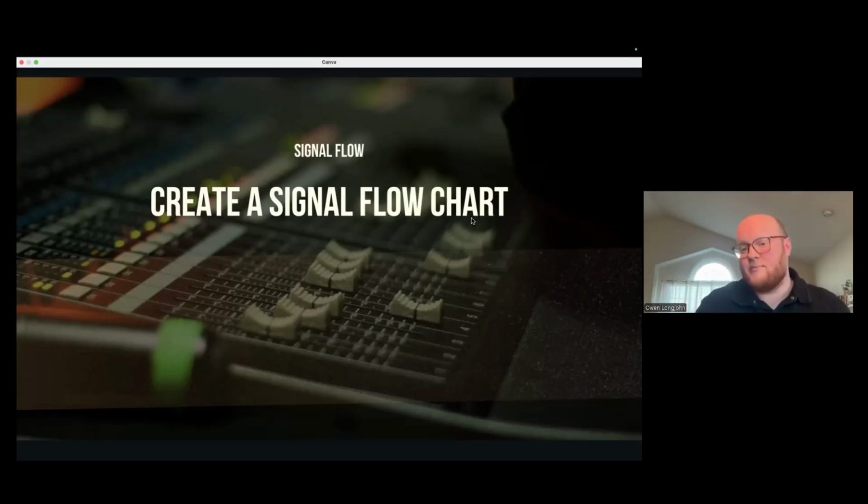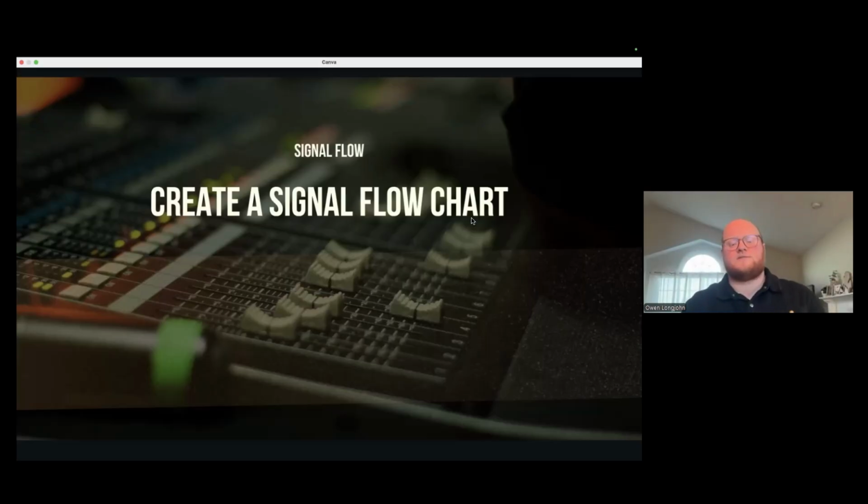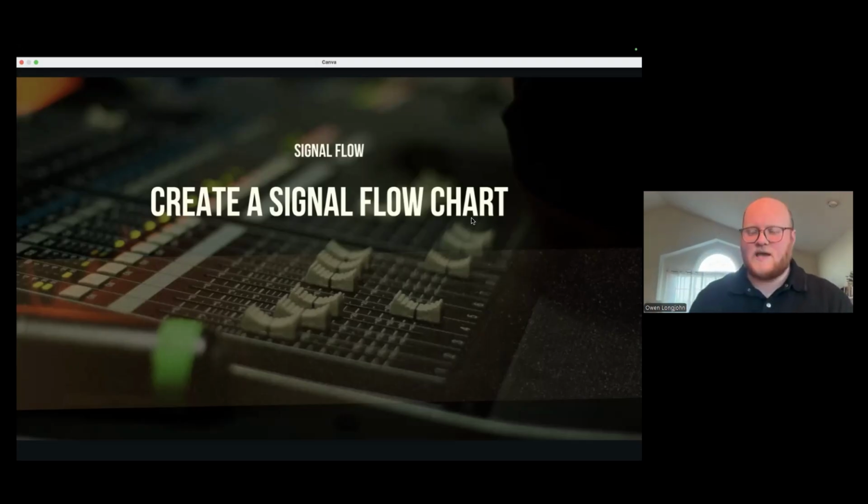But what I mean by a signal flow chart is basically mapping out those ins, processing, and outs. What are all of our inputs, all of the different microphones we have, the different devices that we plug into on stage? What's our audio console? Where are all the cables running from that? And then our outputs, mapping all of that out, and then trying to figure out how they all connect to one another and trace out, if I plug in a microphone here, that signal is then going to this box, that box is going to the console. All of this mumbo jumbo is happening on the console. And so then that's going to our speakers somehow. That's going to our broadcast somehow. That's going to our monitor wedges on stage or in-ear monitors.